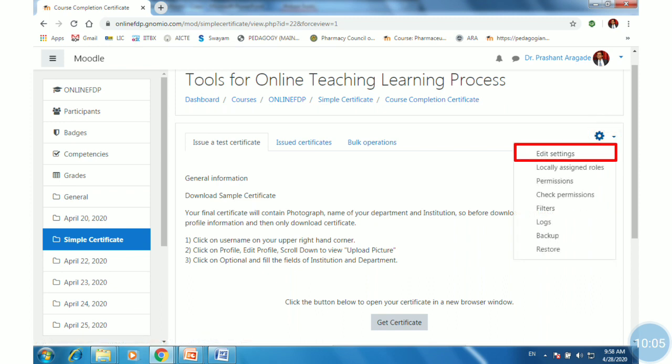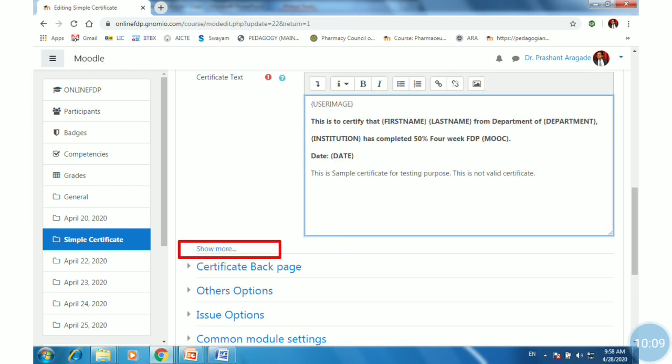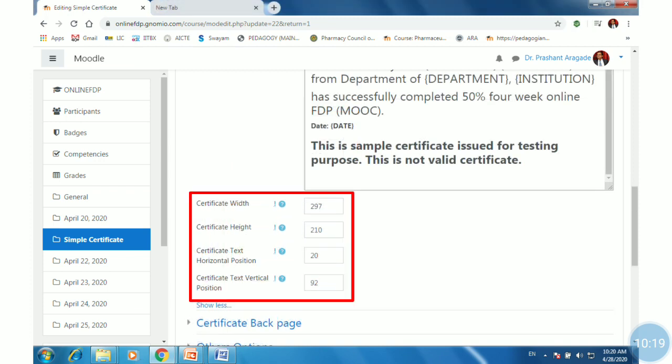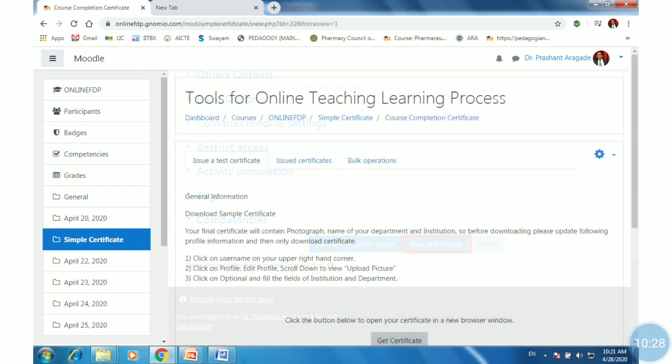Select Edit Settings, scroll down, click on Show More, and now you have to do trial and error of horizontal and vertical position for the certificate text. I have done it, changing the horizontal as well as vertical positions. Then scroll down and click on Save and Display option.